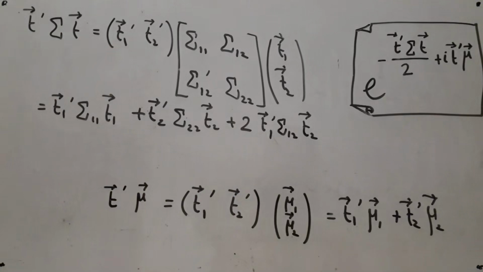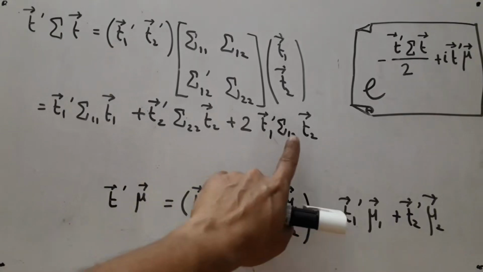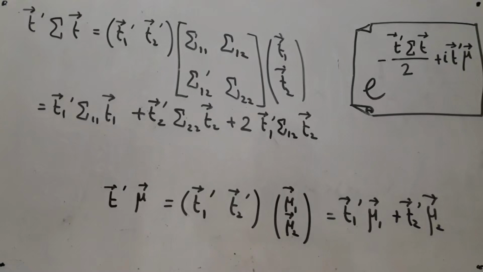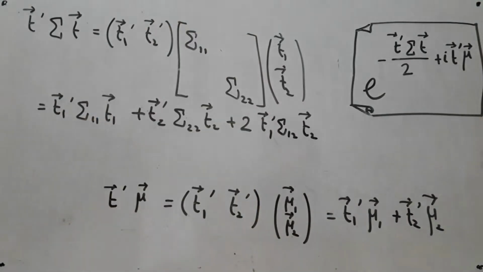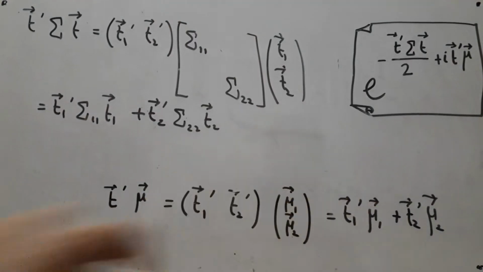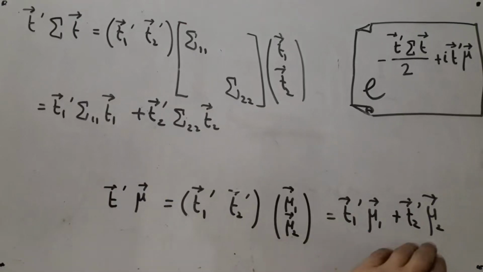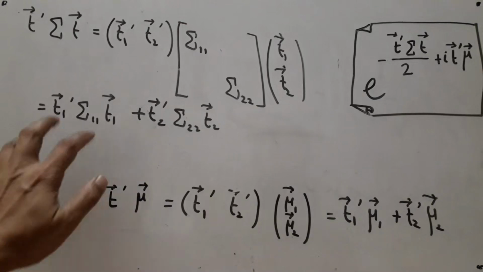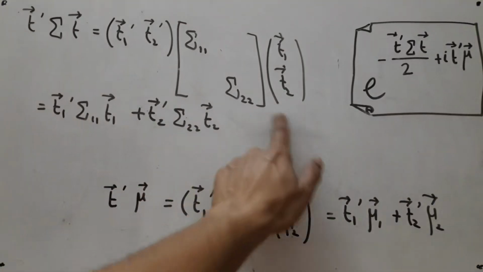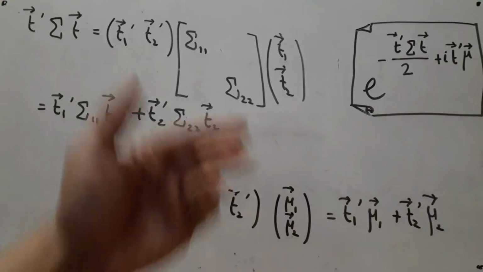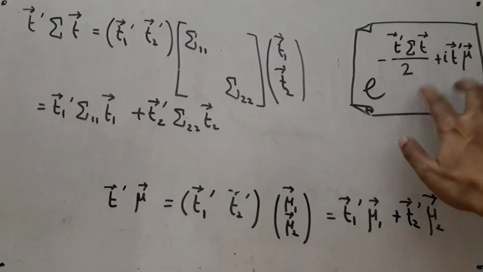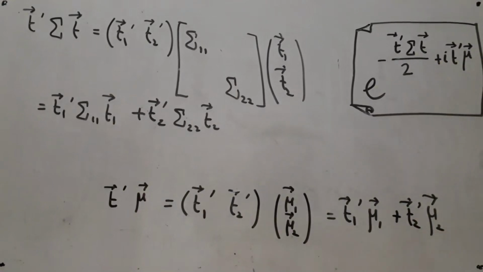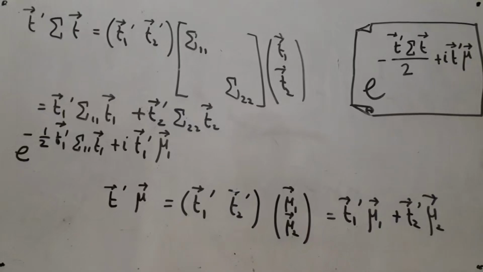Now remember, our condition was that sigma 1 2 happens to be 0. So this part was really not there. I mean, there were big zeros. So this is also not present. So again you find, just like this, it's split up into two parts, one for t1, another for t2. Here also I get t1 and t2. This was the part which involved both t1 and t2. Fortunately, that is killed. So now I can write down this characteristic function for the whole x as, first I